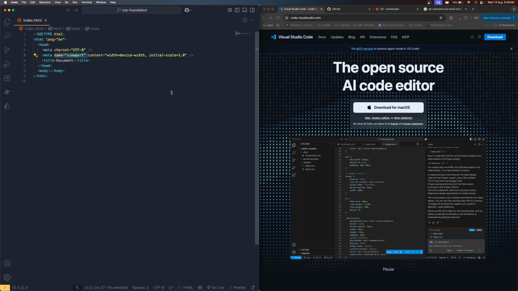You can see it's accessing the device width, and the initial scale is going to be 100%, which means we are using 100% of the screen width, right? That helps us write the code responsively for any kind of device